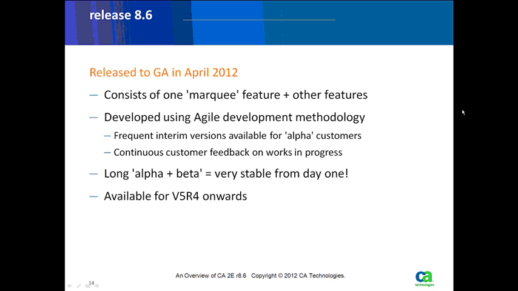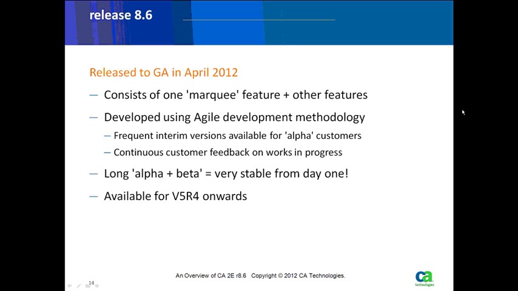But the fact is that we used Agile as a means of developing this release. And for those of you that may have used it or may know a little bit about it, the biggest single difference is that rather than us within the 2E development team putting a bunch of features in there, very good features no doubt, writing them all, coding them all, and then passing it off to QA, QA would test them all, and then passing it to customers after 6 months, a year, year and a half, however long it would take. We said, okay, the process will be that every month, actually every 4 weeks, we would release something to the customers who are involved in the program, so effectively beta customers.